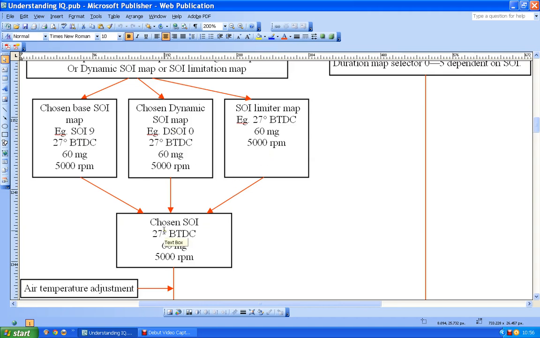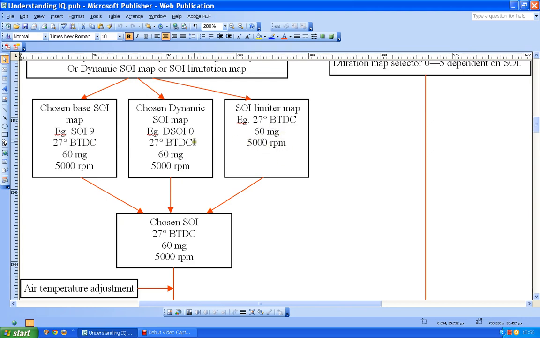And there are whole loads of little values buried in these files that the ECU can double check against. So there will be values that say when SOI 9 can be used, and of course that's usually just the temperature, so it might be something like 80 degrees. But there might be another value buried somewhere that says this map can be used as long as the temperature is above a certain value, and quite often that's not quite as high as this one, or it's the same, but they could be slightly different. And again, the temperatures here should balance against these two, but you have to look at the files to find out.